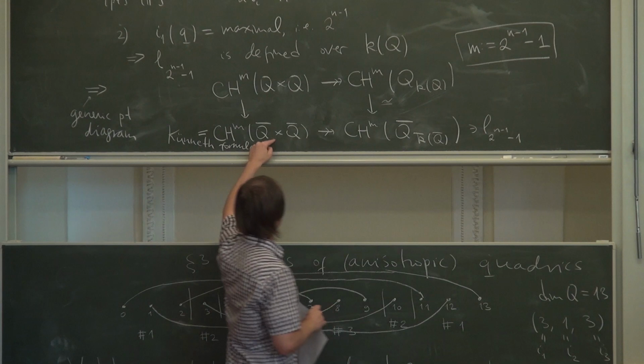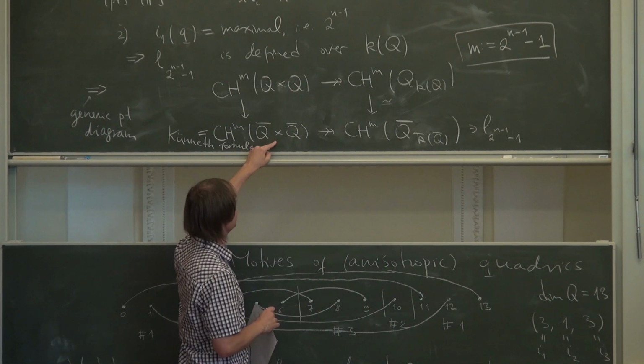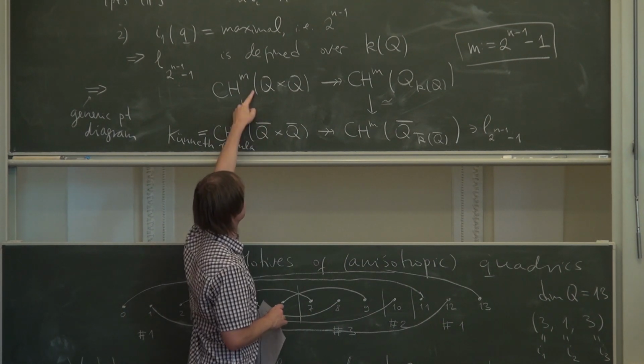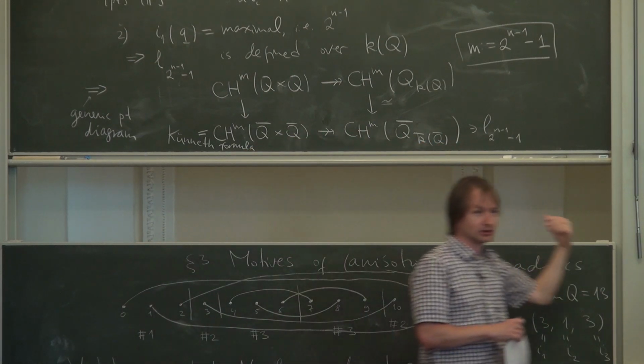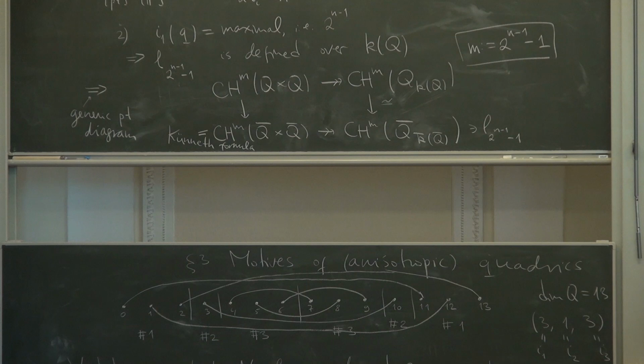So we can find an element here, which is rational, which comes from here, so lies in the image, which maps to here. We know by this diagram that such an element exists. So let's write it down explicitly. Well, there are many, but let's find one concrete. So there is a rational element, so a rational cycle